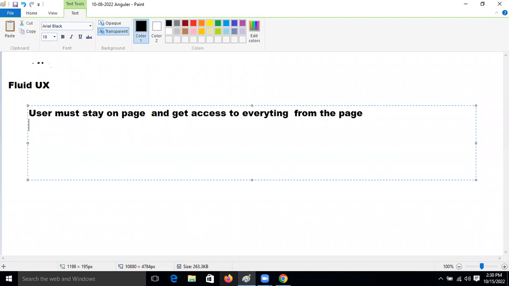Same like that, we are getting navigation buttons: previous, next, 1 2 3 4.